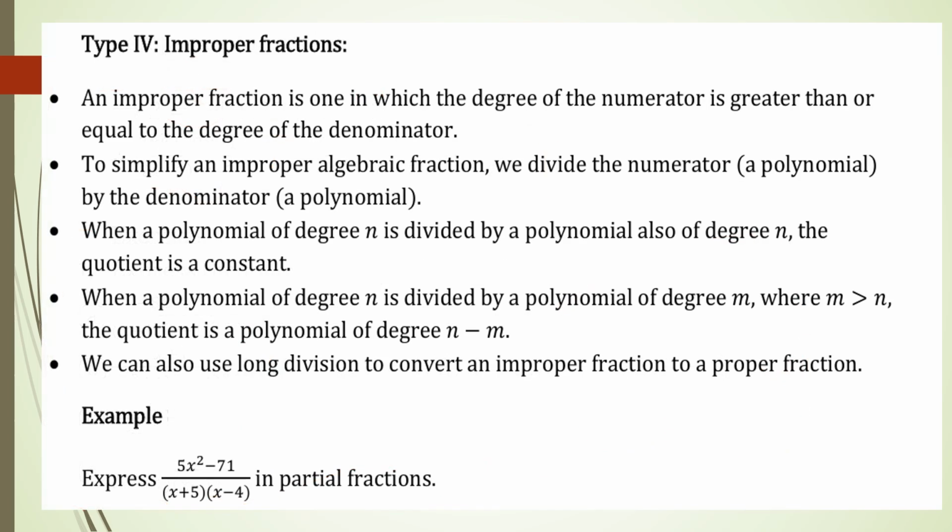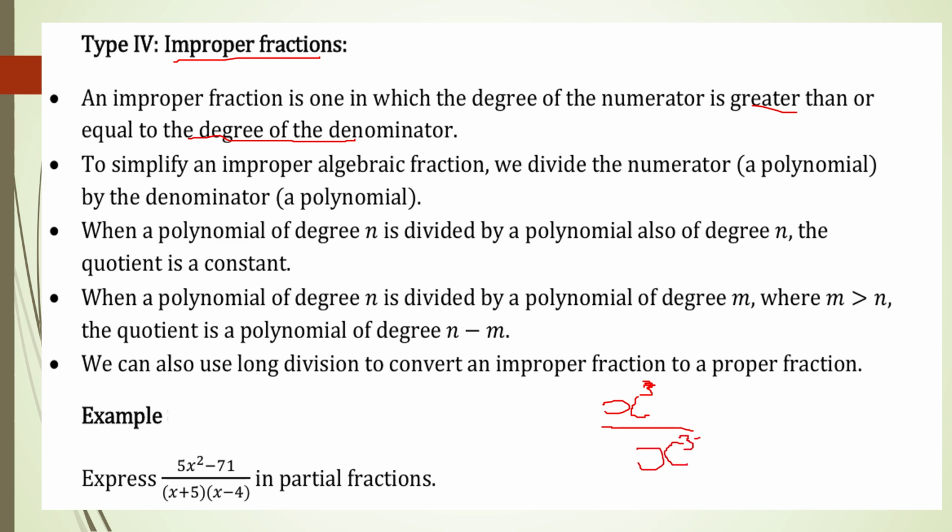Now let's look at the last category, which is going to be involving improper fractions. Now, how are you going to realize that this is going to be an improper fraction or not? An improper fraction is one in which the degree of the numerator is greater than or equal to the degree in the denominator. Now what do you mean here? Remember that the degree is the highest power which is present in a given polynomial. So if in the numerator you're having x power 3 after opening up the brackets, and also in the denominator you're having x power 3,